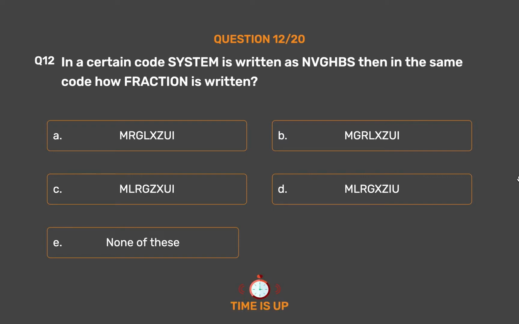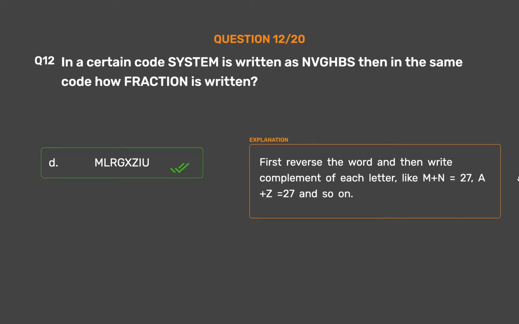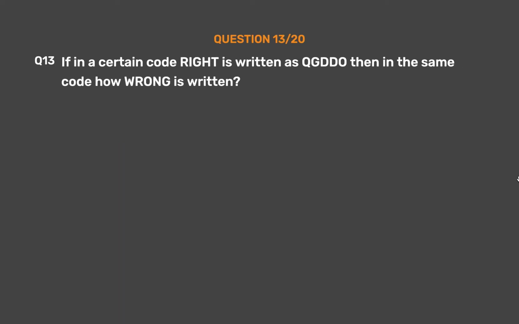The correct answer is option D. Migxu. First reverse the word and then write the complement of each letter, like M plus N equals 27, A plus Z equals 27, and so on. Question number 13. If in a certain code right is written as Kgdo, then in the same code how is wrong